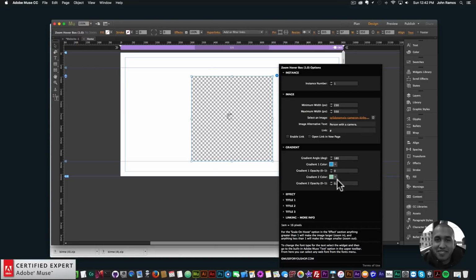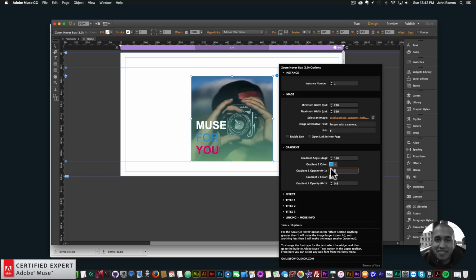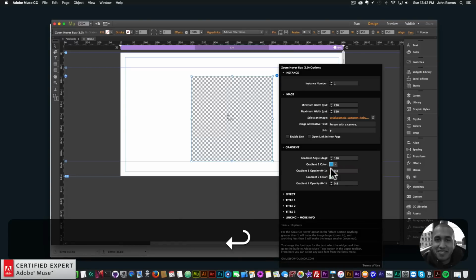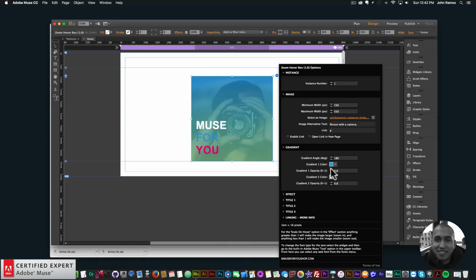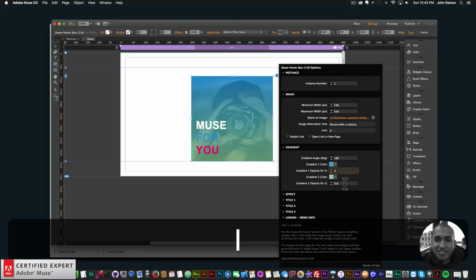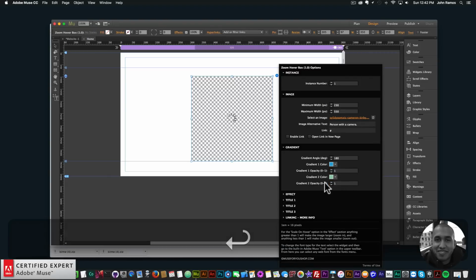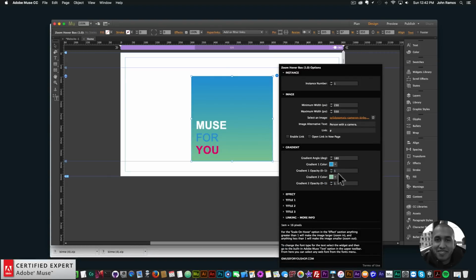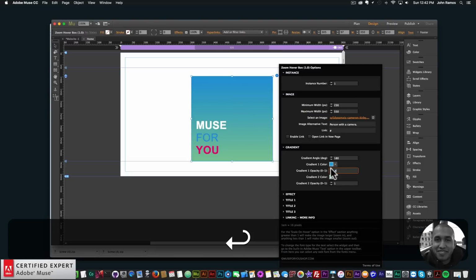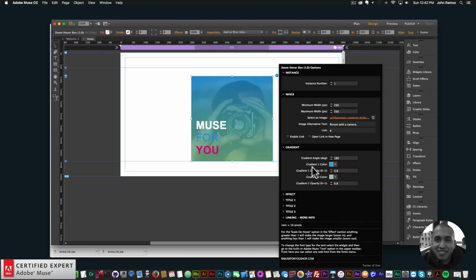Just pick two colors. And for the first gradient, I'll set an opacity of 0.8 as well. 0 is no opacity, which is not visible, and 1 is fully visible. If I set these both to 1, we wouldn't be able to see the image behind. It would just be a gradient, which is an interesting effect if you wanted to go for that as well with no image. But I do want to see the image in the background, so I'll set the gradient for each to 0.8 so we can kind of see the image in the back,